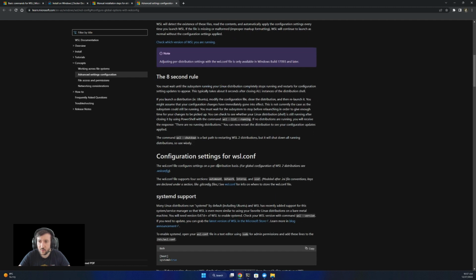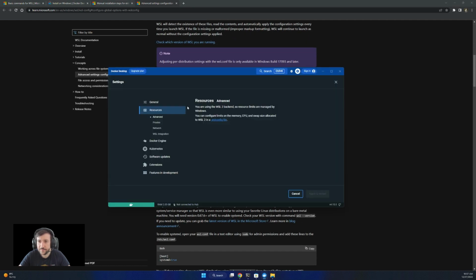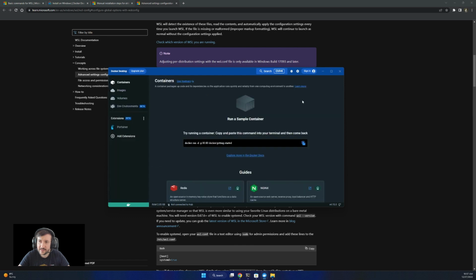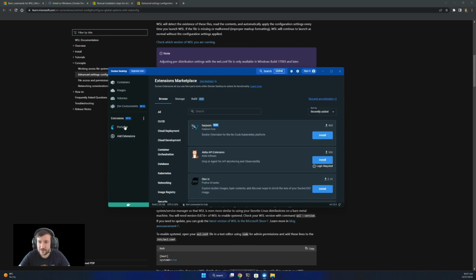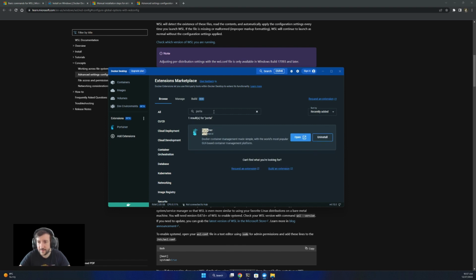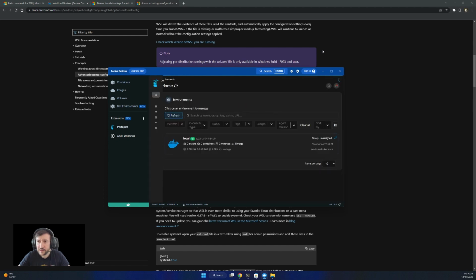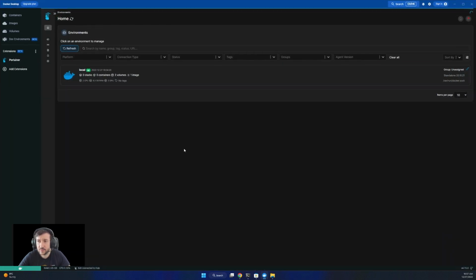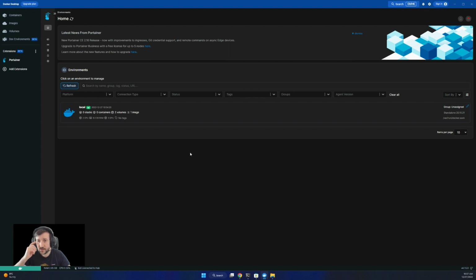The last thing I want to show you about Docker, not settings, is extensions. On extensions, as you can see, I have installed Portainer. So you search for Portainer in here. I have it already installed. You do install and then you open. Portainer is one of the best tools to see what's happening in Docker. Obviously, you can do some other commands that I'll show in a minute.